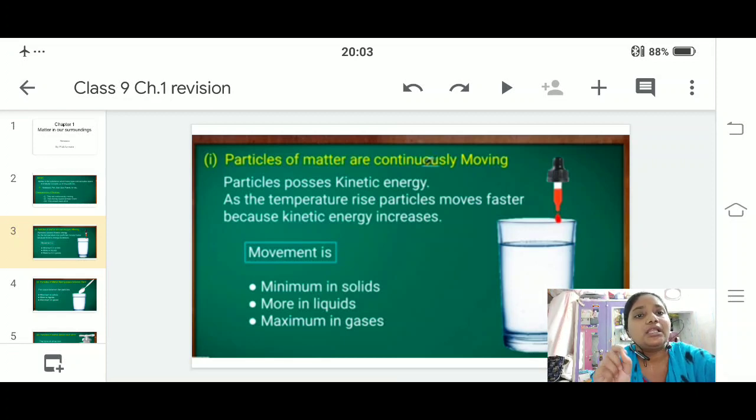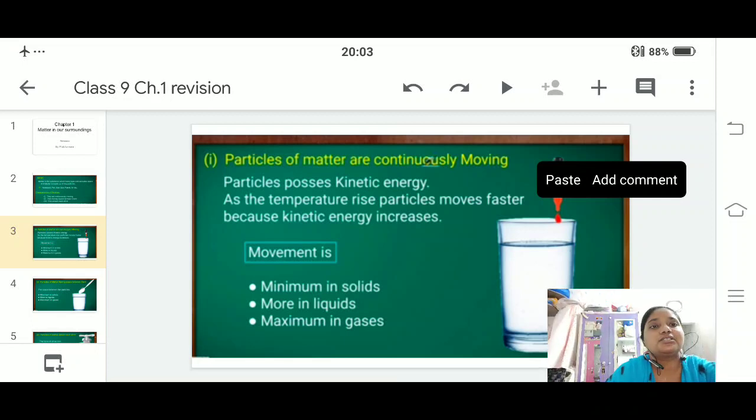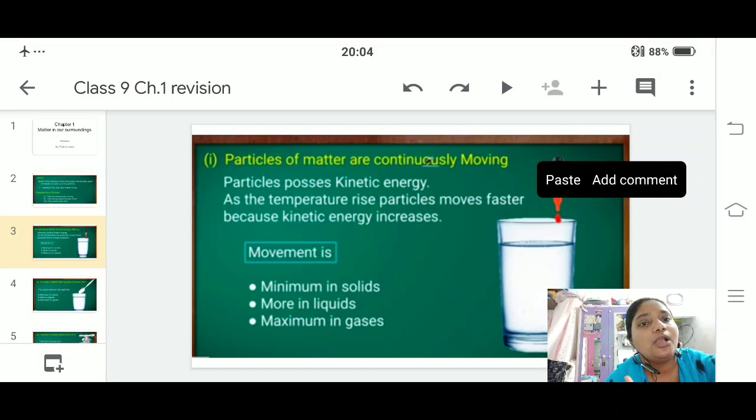The movement of particles is minimum in solids, more in liquids, maximum in gases.